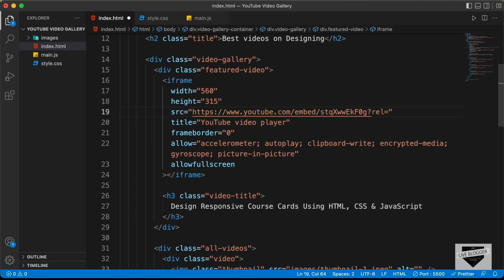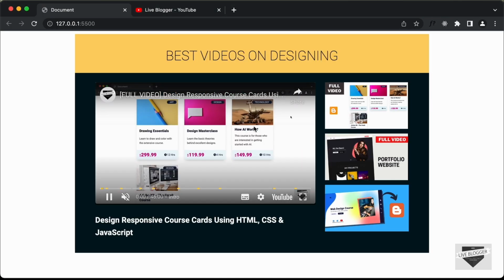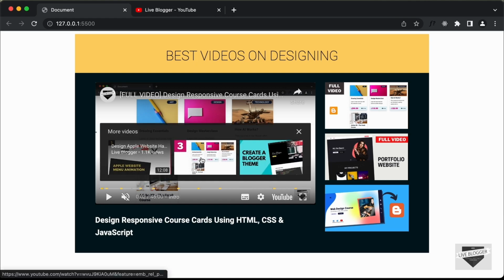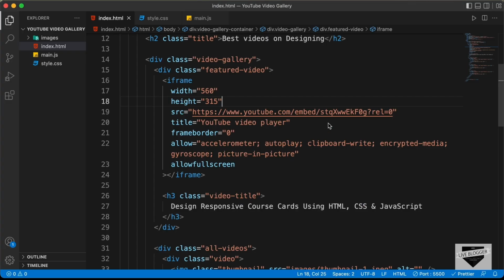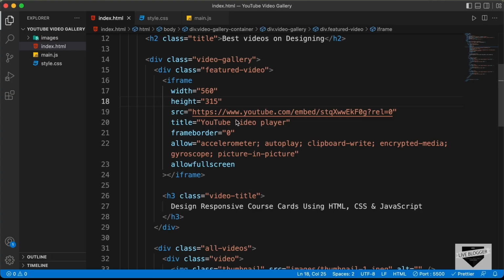rel equals 0, and if I do that, and if I go back to our YouTube player, and if I click on play, and if I click on pause once again, we can see that all the related videos are from the live blogger channel. So you can add rel equals 0 if you want to have just your videos displayed over here in the related section. Alright, now if you take a look at this URL, we can see that we have an ID